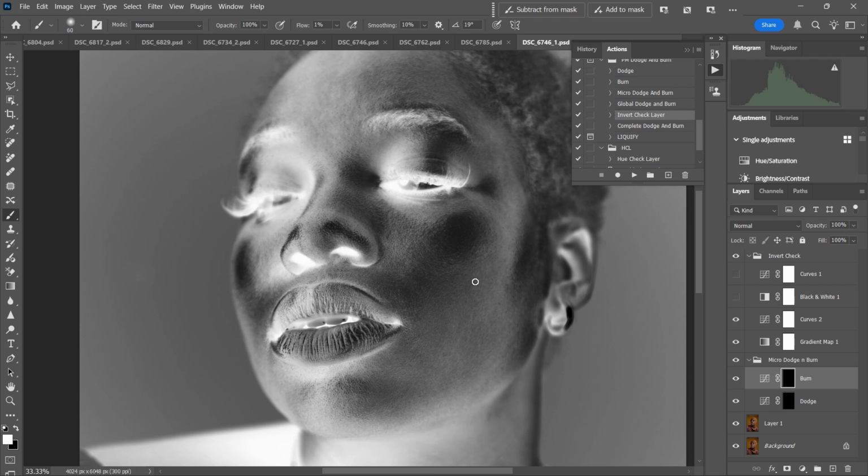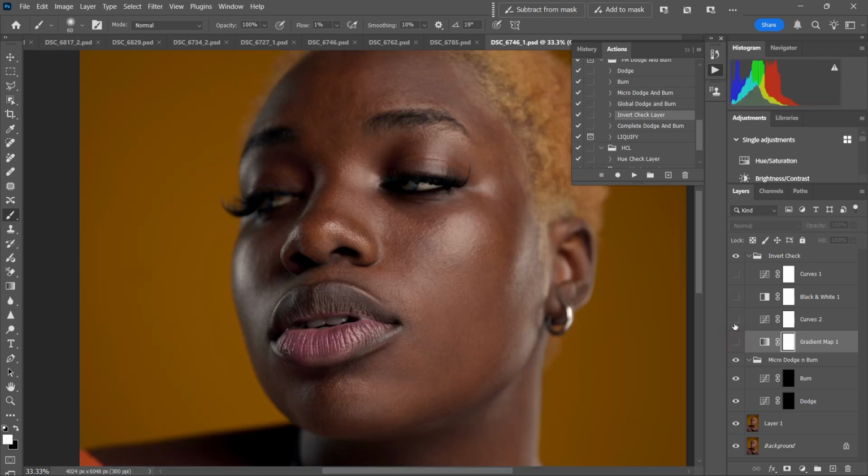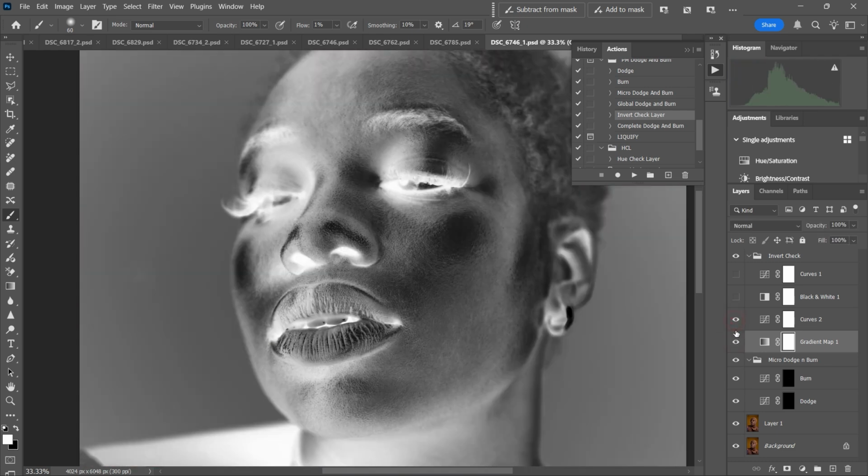confusing, but once you understand, for the gradient map you can see we have the white part and the dark part. Now the dark part represents the brightest part of the image. If I turn off the gradient map, you can see that the dark part is the highlight of the image, while the bright part is like the shadow, the dark side of the image. So that is where it's a bit confusing, where you'll be confused on where to brush